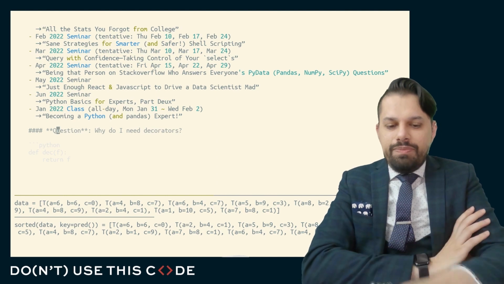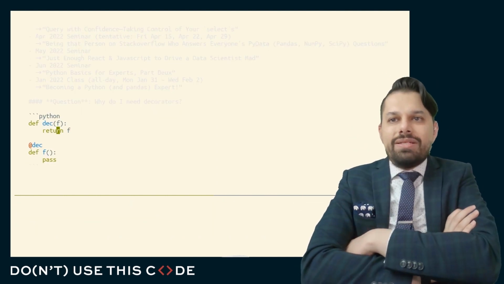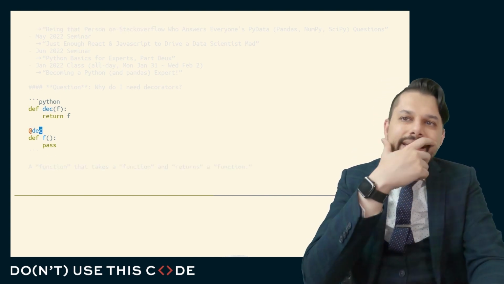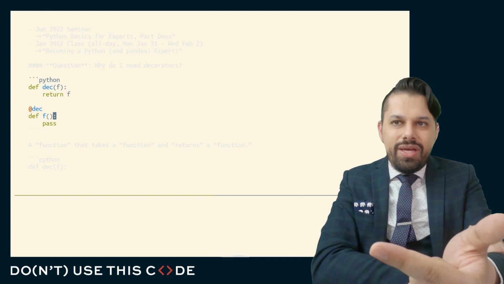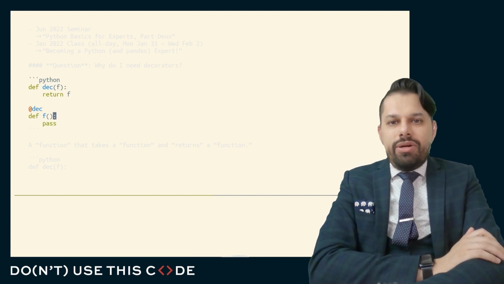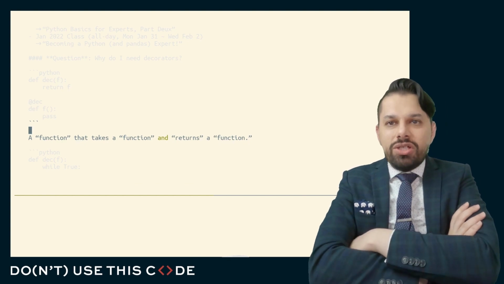Why do I need decorators? Well, we've seen decorators before. It's this little commercial at that comes on top of a function and it does something. And I guess we've even seen decorators like static method or class method, or maybe we've seen some other decorators. But for the most part, we probably have a sense that a decorator is a function that takes a function